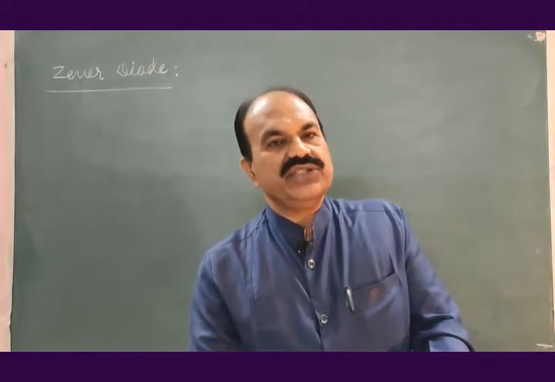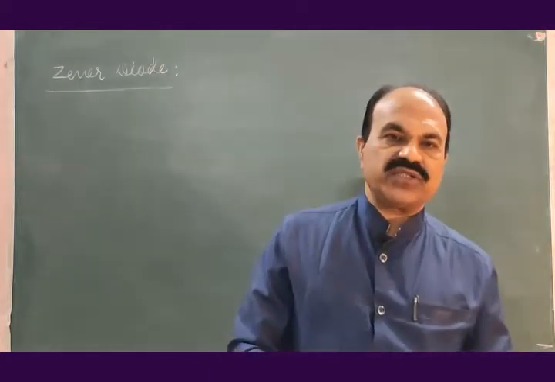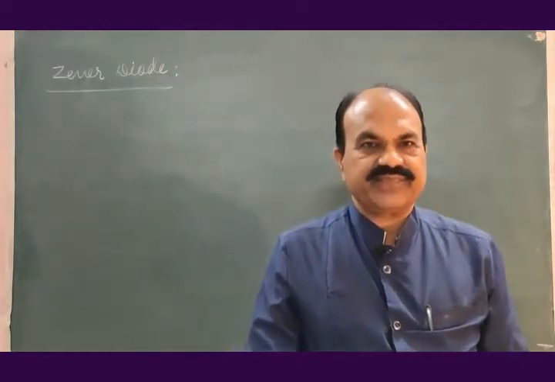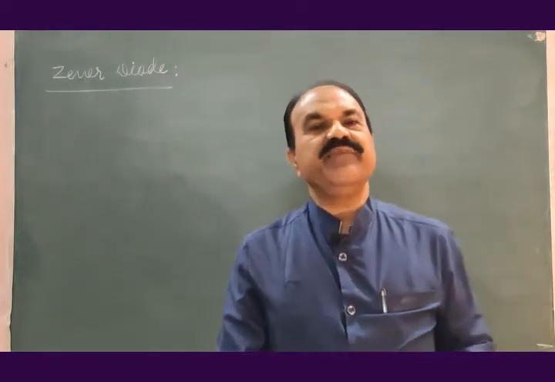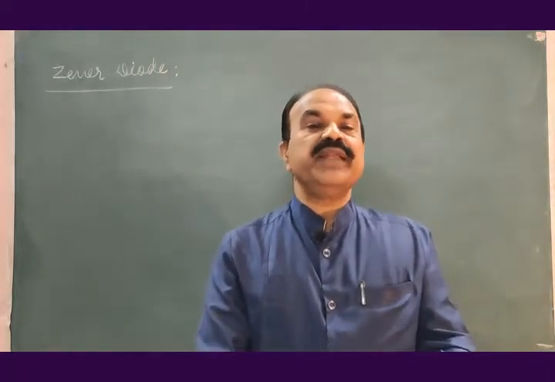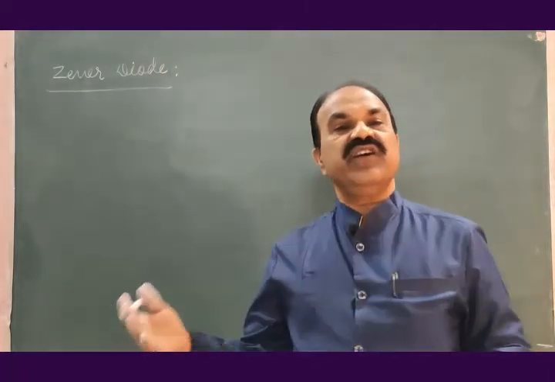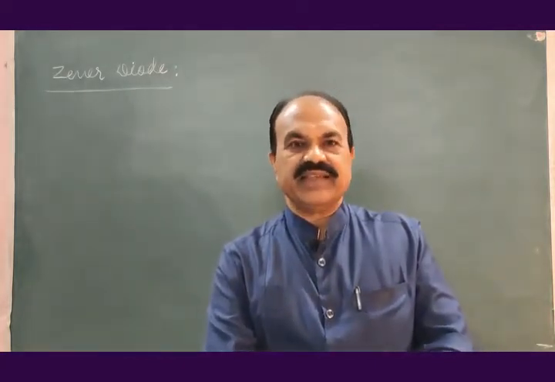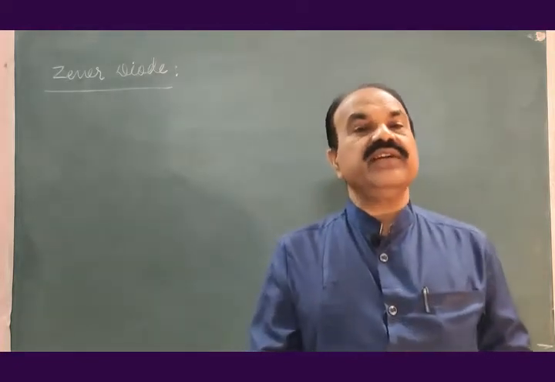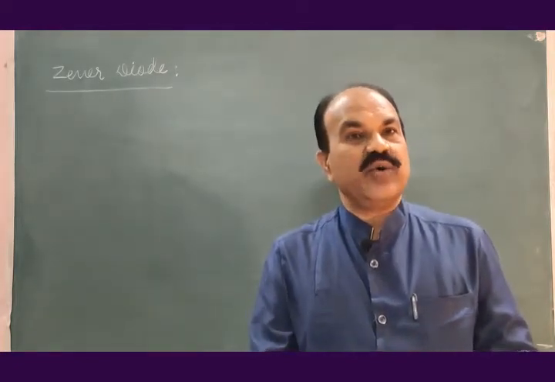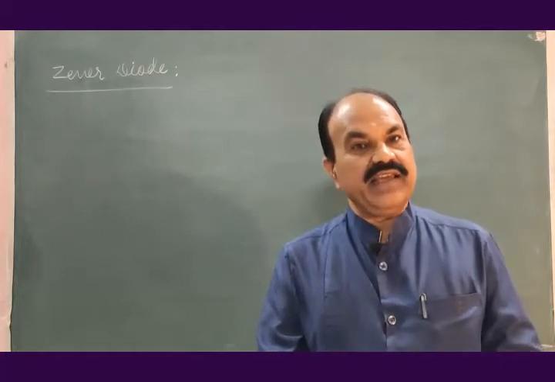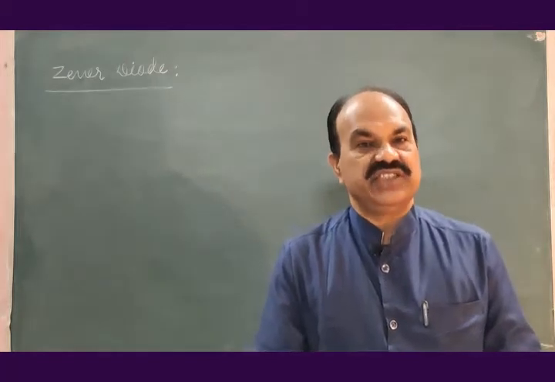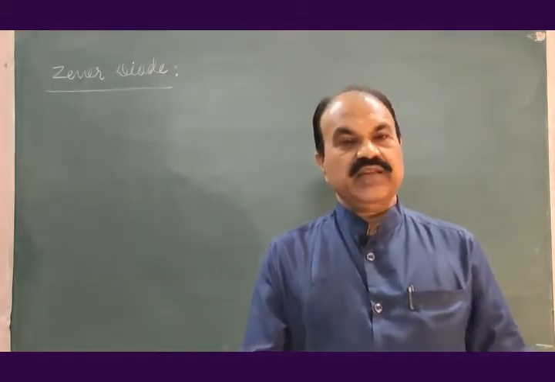As I told, Zener diode is nothing but a p-n junction semiconductor diode. First thing. Second thing, it can operate just similar to ordinary p-n junction diode when connected in forward bias. Third thing, Zener diode can operate very safely in reverse bias, unlike ordinary p-n junction diode. Fourth thing,